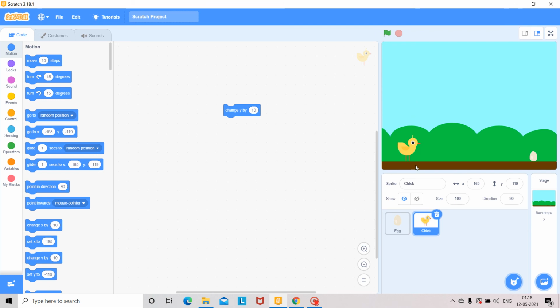Up means moving on the y-axis. Again it is coming downward, so again it is moving on the y-axis. So here also you take this code, change y by 10. But the second time, when it is moving down, you give the value minus 10.